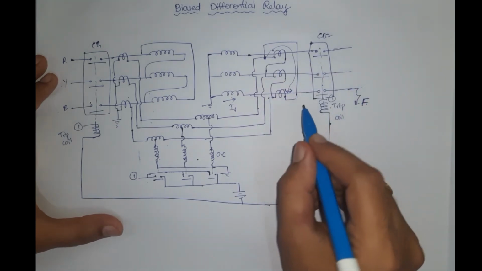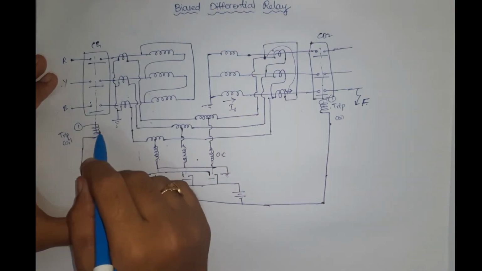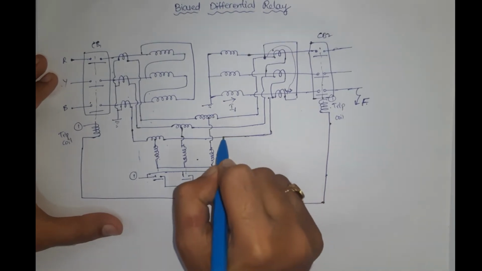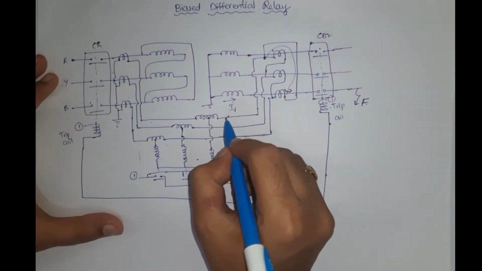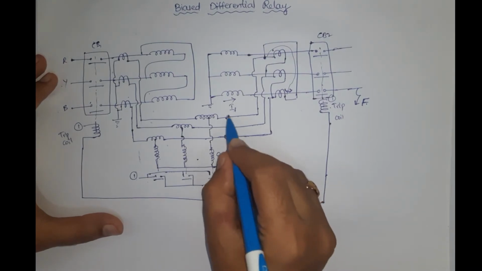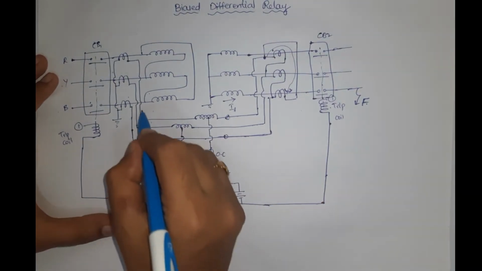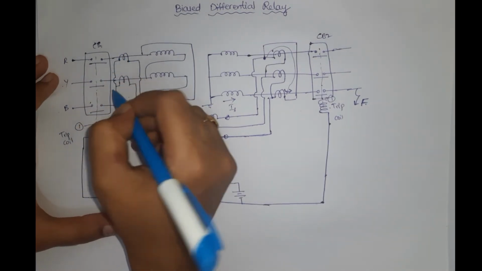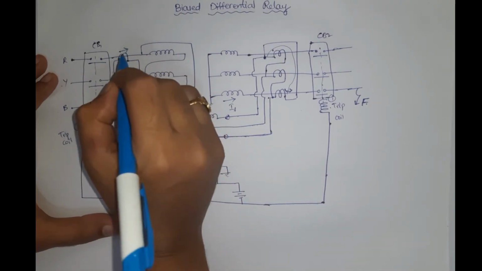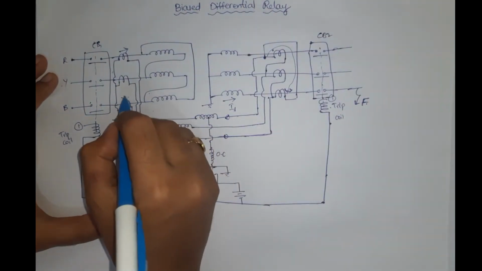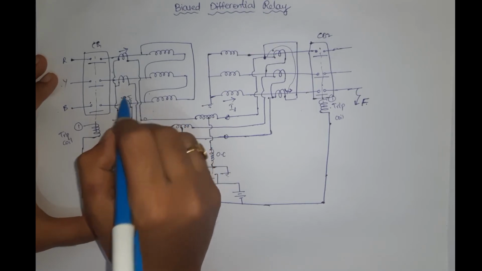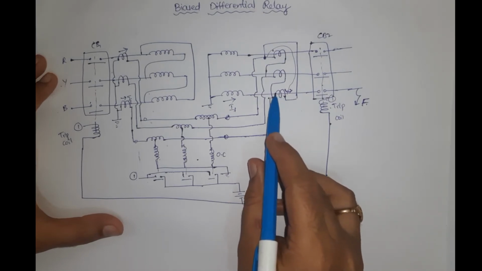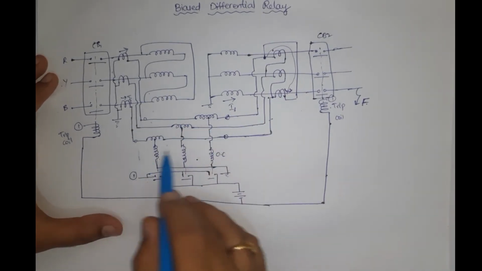Now, coming to the primary side, let us see what is happening. This current flows through this pilot wire and this current flows through this pilot wire. Yes or no? Coming here, it corresponds to this current transformer coil. This one corresponds to the fault current here and this one corresponds to the fault current here, right? So the same current flowing through this one is flowing through both these pilot wires.